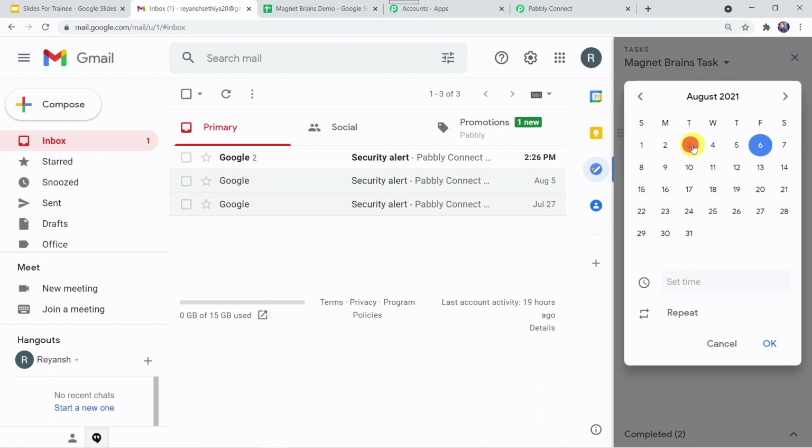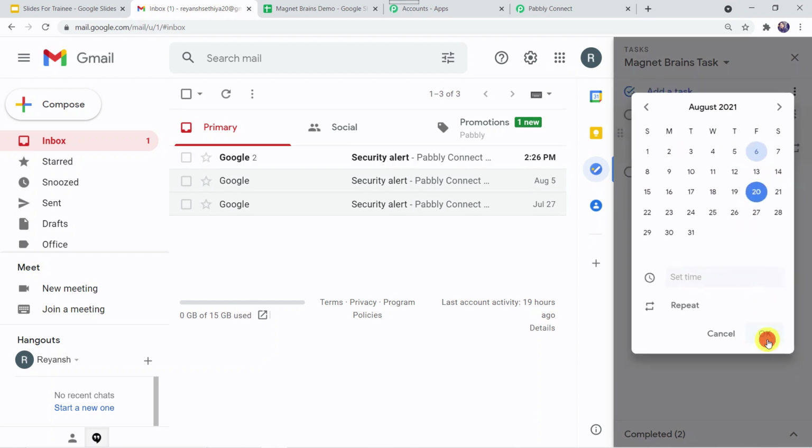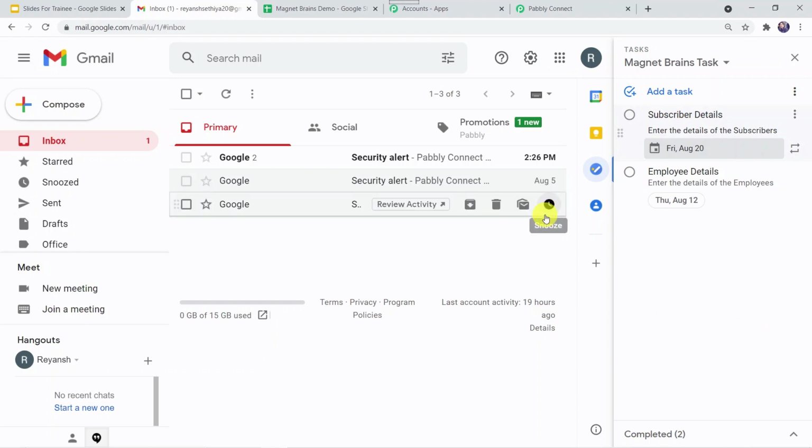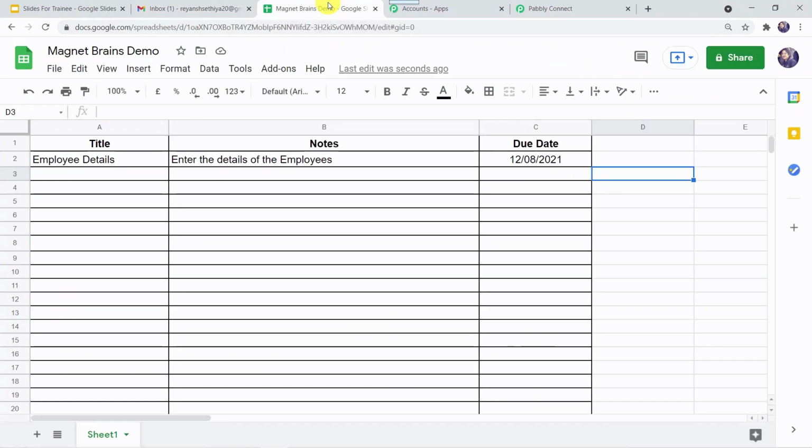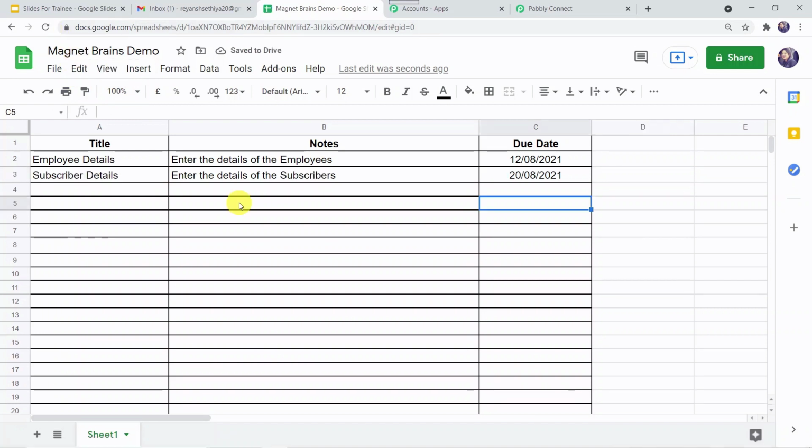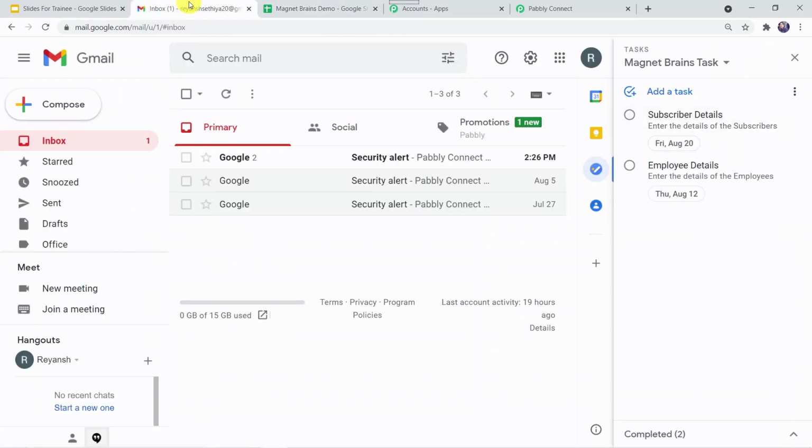I'm giving the date as, say, 20th of August, and let's click on OK. Now again we have to go to our Google Sheet and refresh it. Here we can see the subscriber details. The data has already been fetched, the same data which we filled in our Google Task.